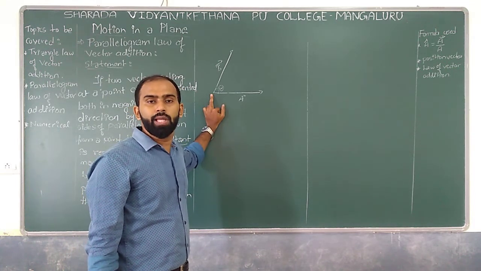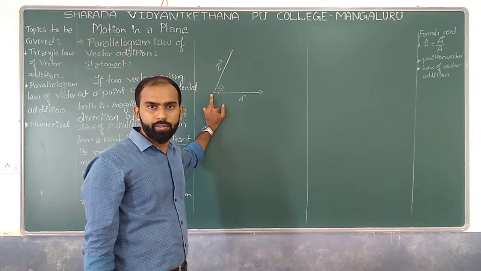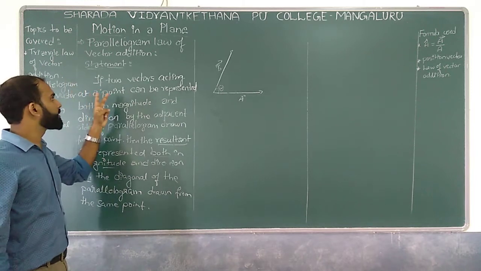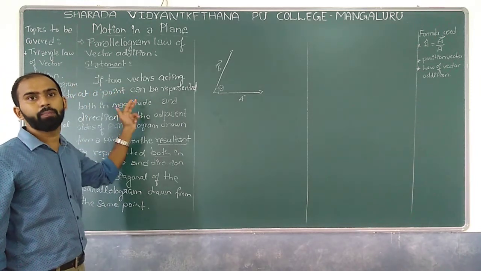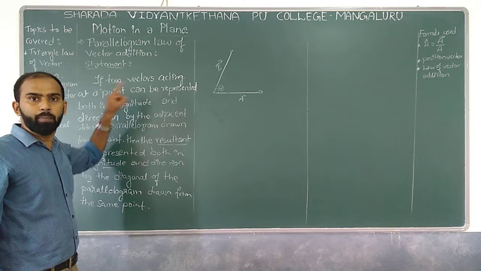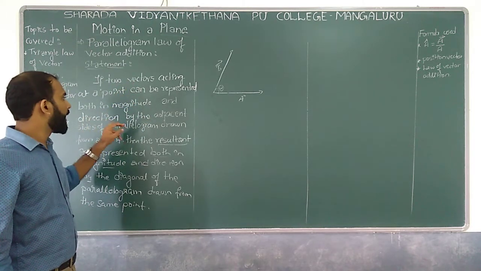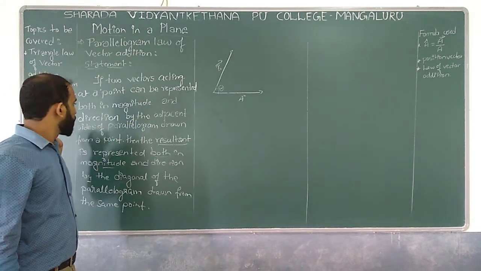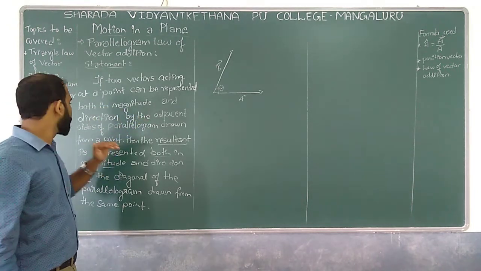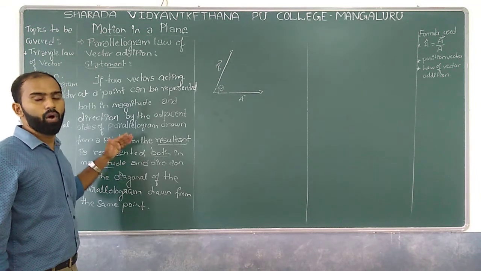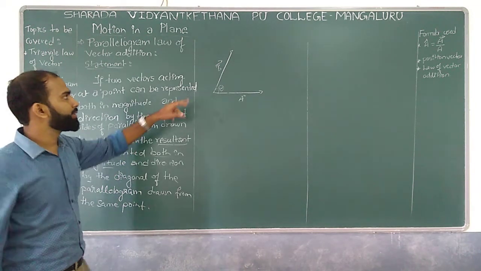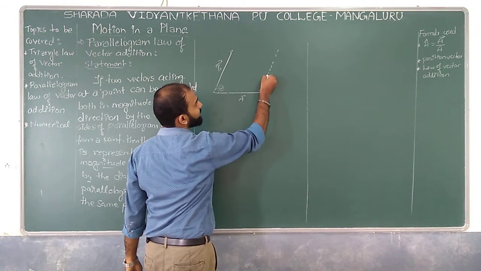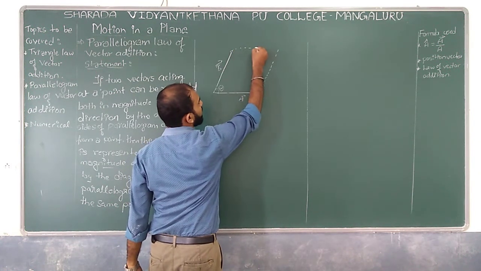Since we are supposed to deal with the parallelogram of vector addition, what is the statement? If two vectors acting at a point can be represented both in magnitude as well as direction by the adjacent sides of the parallelogram drawn from a point. How to get the adjacent side? Don't you think these are the adjacent sides? If I draw one adjacent side with respect to this,